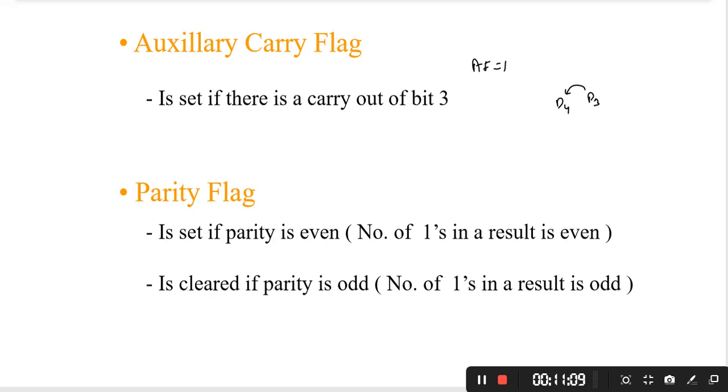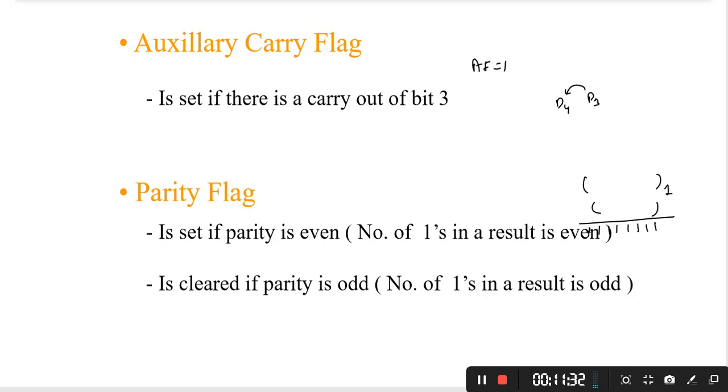Another flag is the parity flag. This flag is set when you have two data, data 1 and data 2, and you are doing an operation, and for example we get 11111111, meaning all digits are 1.